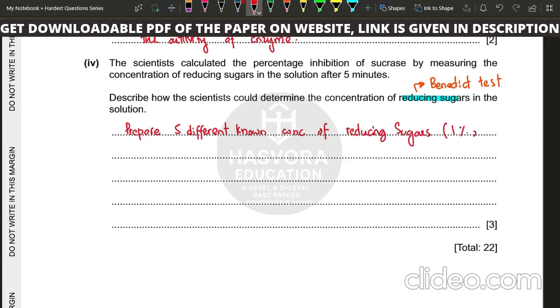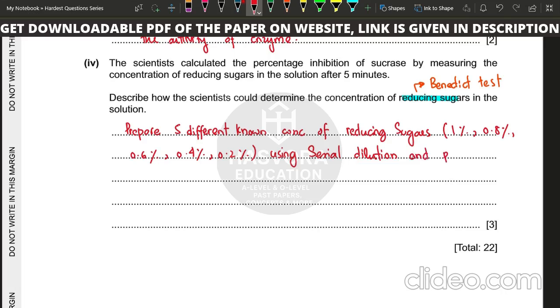Okay, you can just give the value, 0.8% and 0.6%, 0.4% and 0.2% using serial dilution. Okay, serial, not simple, using serial dilution, because it is more effective when you want precision in the concentration of a sample. Using serial dilution